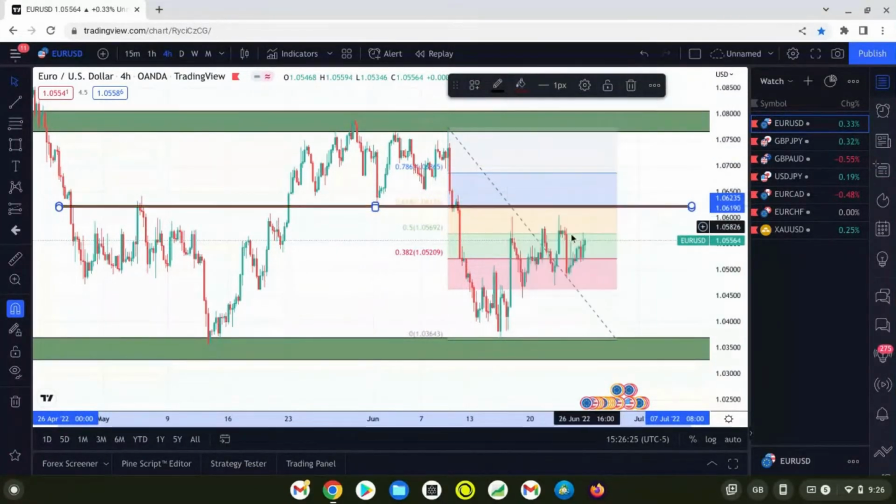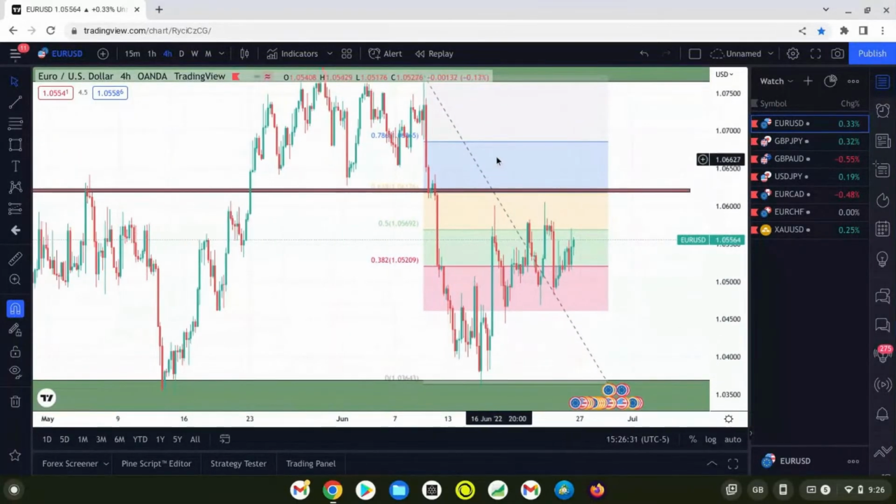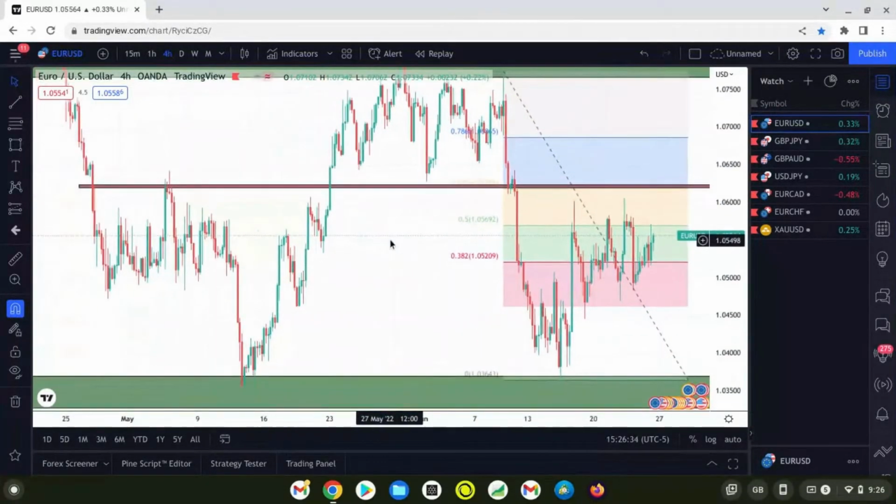I'll just make that red. So you can see how that aligns with the 61.8. Now when it comes to the 61.8, it doesn't necessarily have to be spot on. It can be in that zone. You can actually consider this to almost be a 61.8. But a couple of things you should also look at is